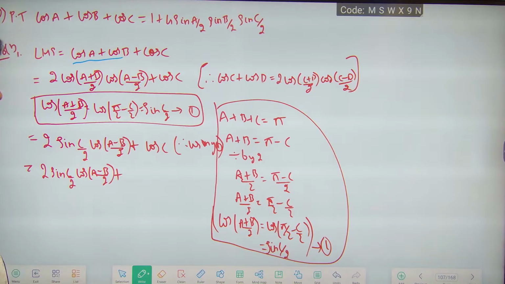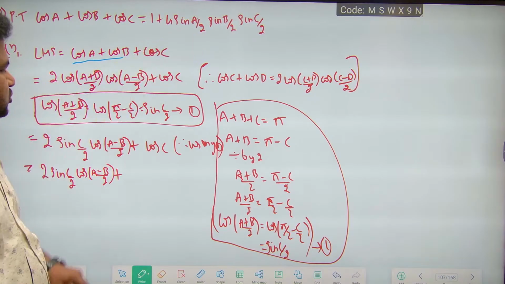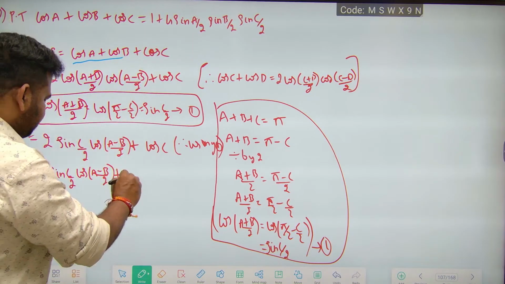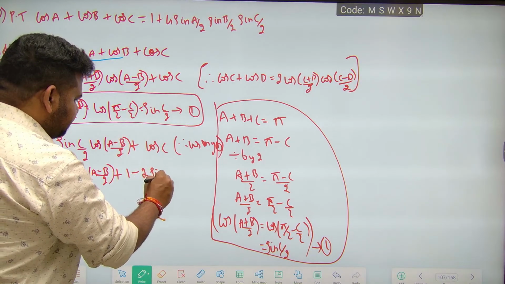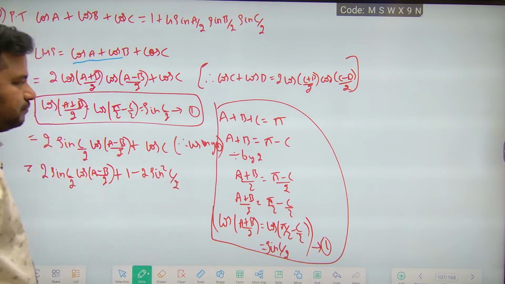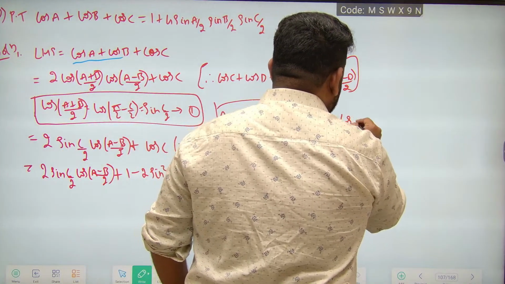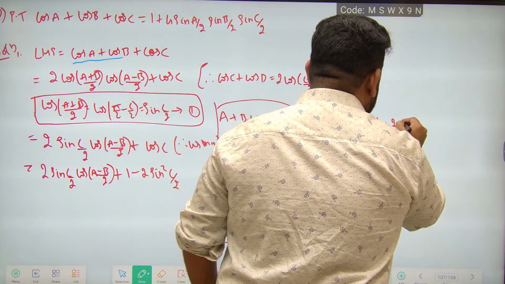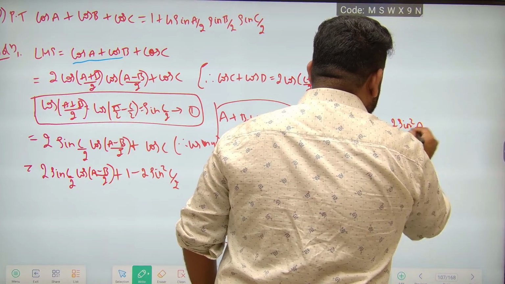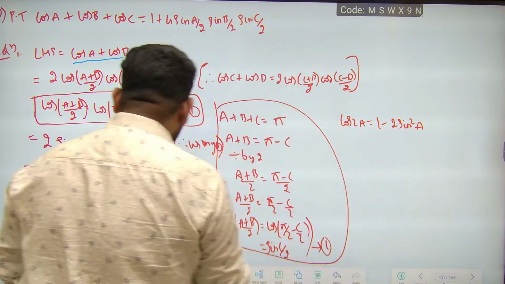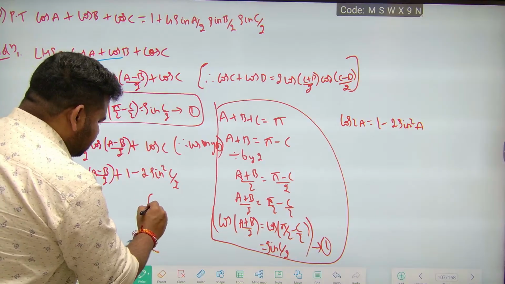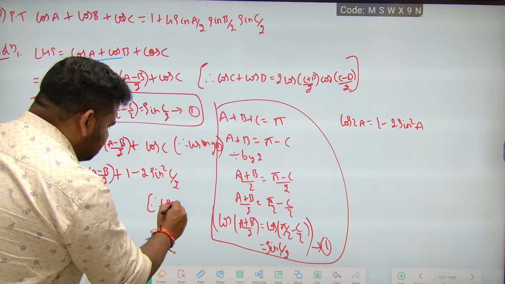Cos c can be written as what, friends? I want it in terms of sin, so cos c can be written as 1 minus 2 sin square c by 2. Why? Because cos 2a can be written as 1 minus 2 sin square a. Similarly, therefore cos c is equal to 1